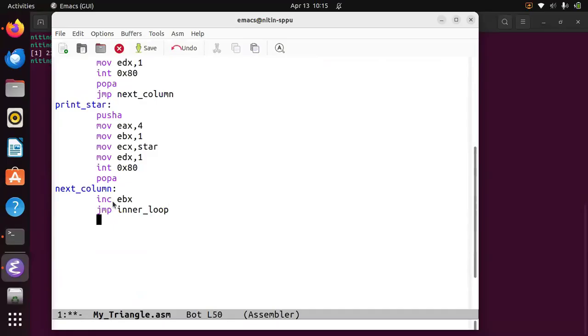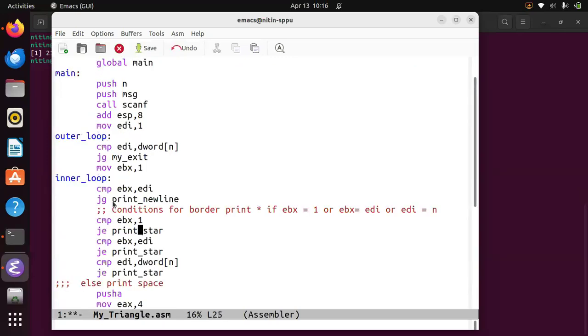Now, if inner loop is done, what is to be done? Like inner loop, I mean to say the space is printed, the boundary columns are printed, like with star, space is added. Then what we have to do is we have to move to printing new line. Print new line. Correct? So I assume we have taken somewhere,